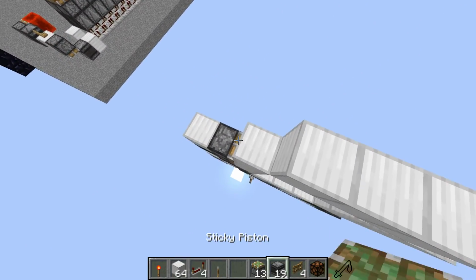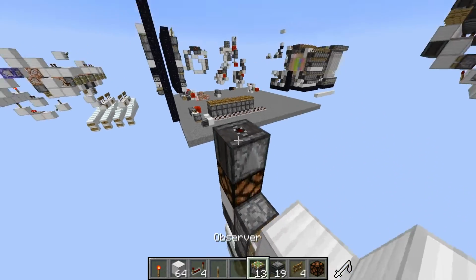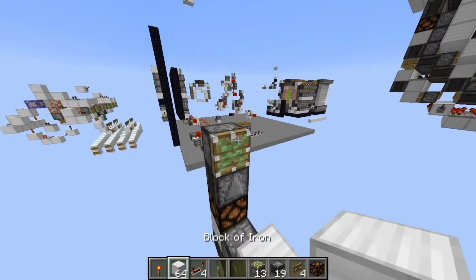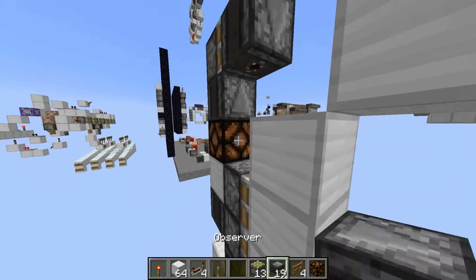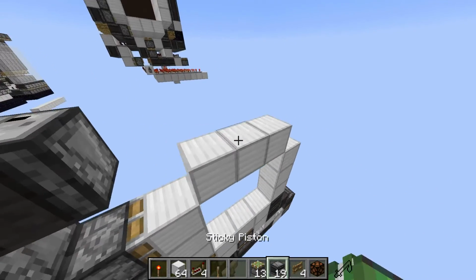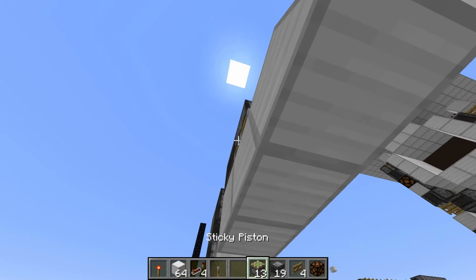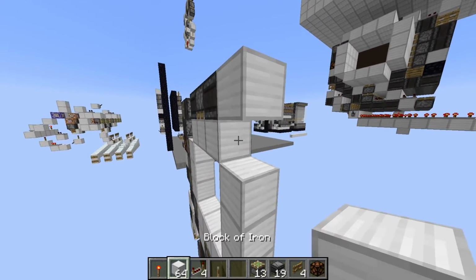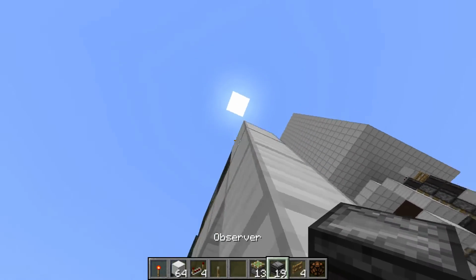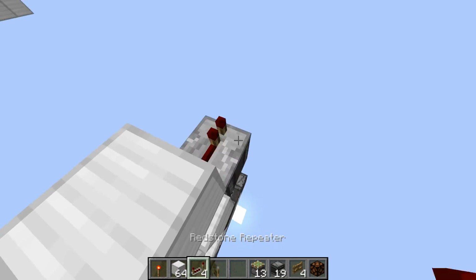piston, a redstone lamp on top of that, observer facing up, a sticky piston on top of that, an observer facing down, a piston here, an observer facing into the middle here, a sticky piston facing down, an observer facing out here, and then we're going to do an observer facing down here, and a repeater with 1 tick delay